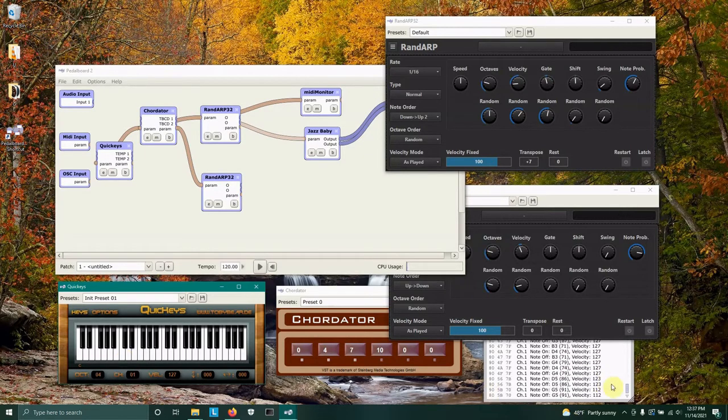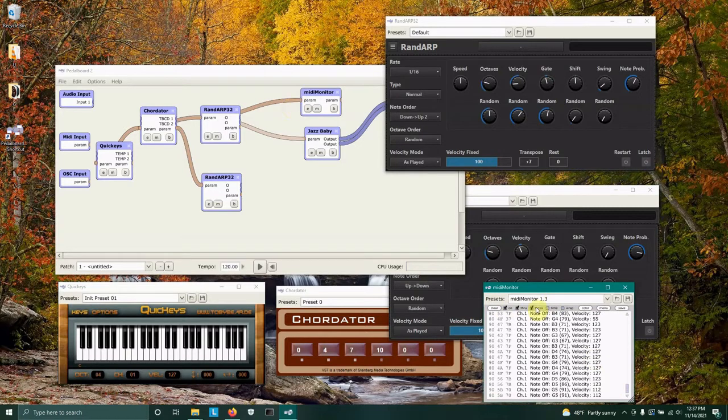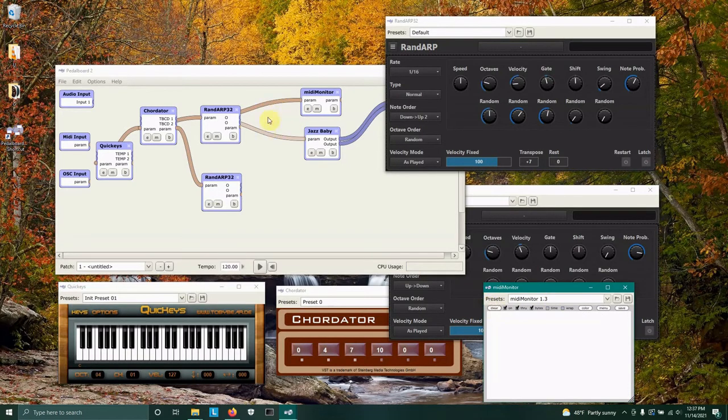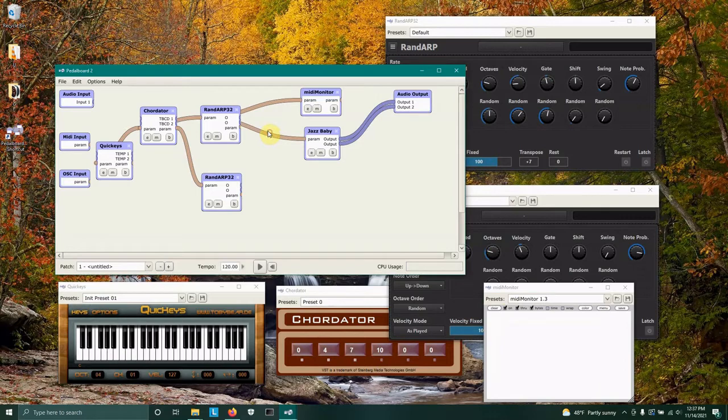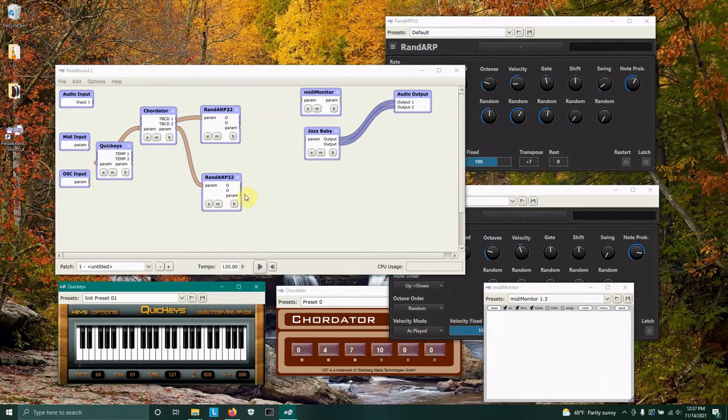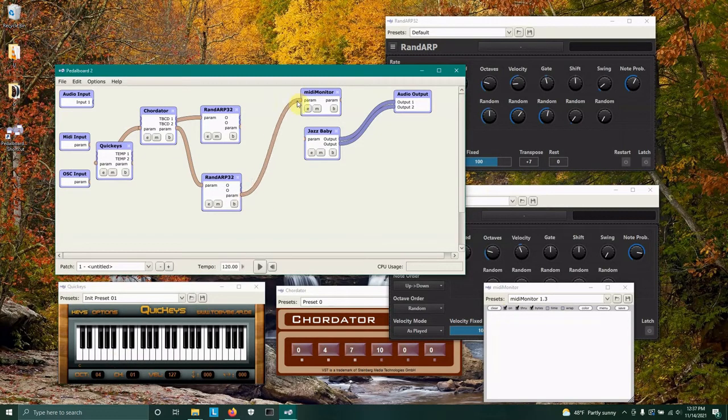Pretty nice. I liked that. Now I am going to remove the outputs of that randarp. So that randarp can no longer influence us, and I'll hold down a key. We see nothing happens. And instead I'm going to take this new randarp that I built, and I'm going to